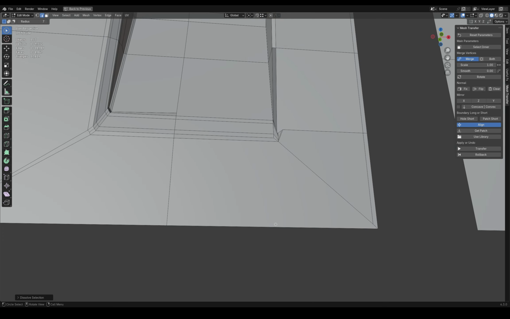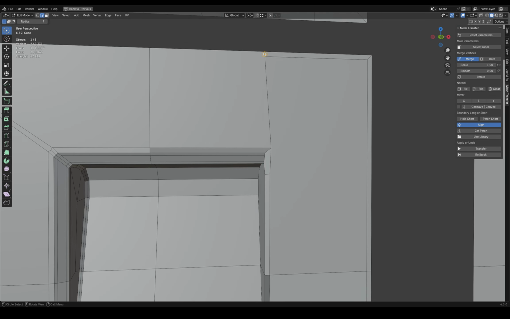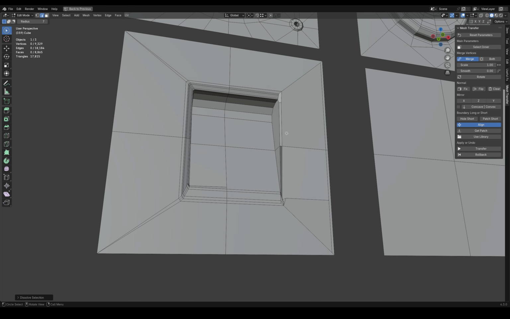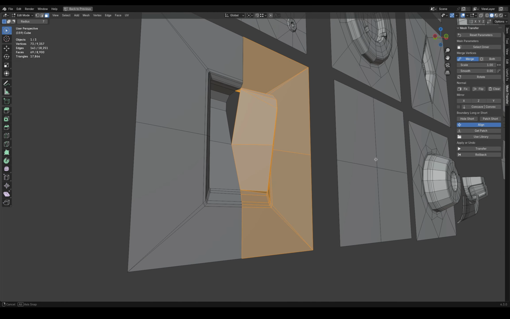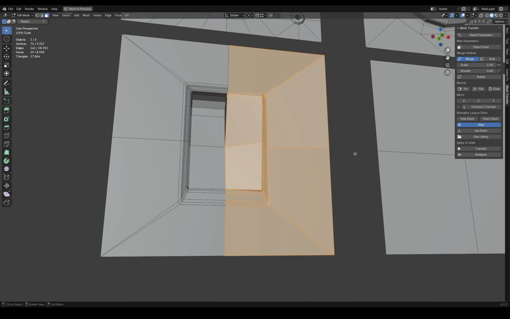Now I will remove some edges to get an equal number of vertices on the boundaries. Since I previously selected the opposite mesh and clicked the Get Patch button, the data about the transferred mesh is recorded in memory, so we can skip this step. So I'll just select the part of the mesh that I want to replace with another one and click the Transfer button. You can see that the mesh is not quite correct, as it was inverted during the calculation of